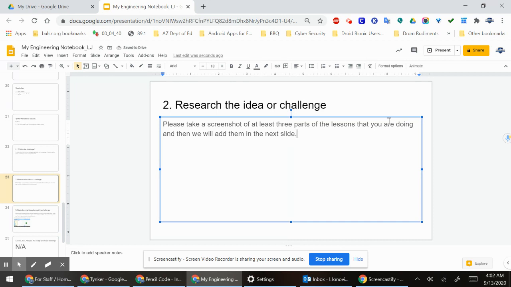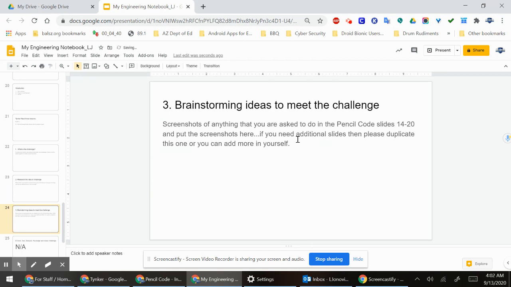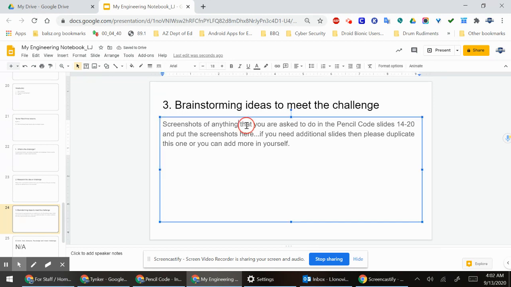All right, so that's what you're going to do. Research the idea or the challenge. Maybe it's going in and showing me. This is the point where you're going to take the screenshots. Then down here, just like you see here with this from Pencil Code, but I'm going to get rid of that screenshot. And this is screenshots and then we're going to add in here